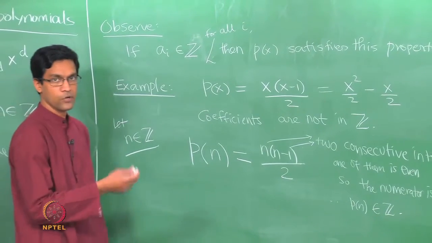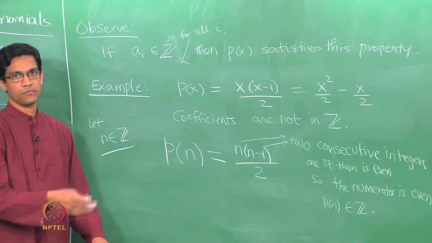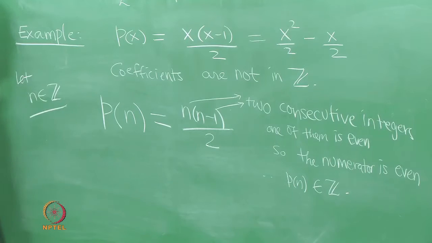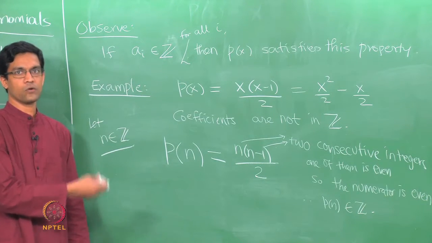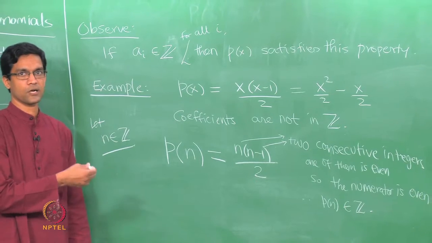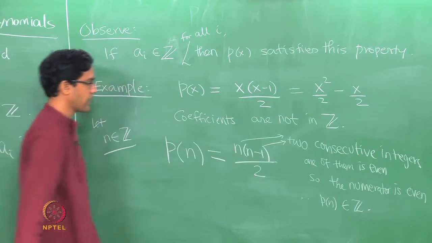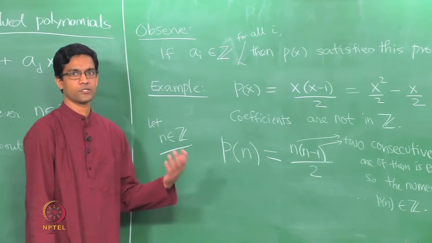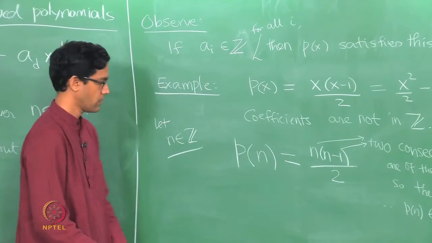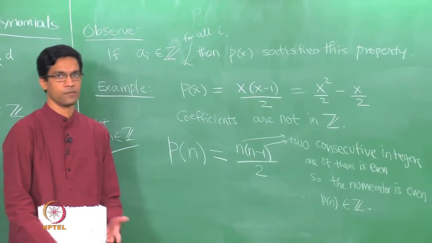What I would like you to do in the meantime, we will come back to this in a few modules from now in a somewhat different context, but for now I would like you to think a little bit about this and see what best you can do, or for a start try and construct more such polynomials by using the same idea. So find a few more such polynomials and try and see if you can find out what the general situation needs to be. Okay. So next time what we will do is to talk about many variable polynomials.